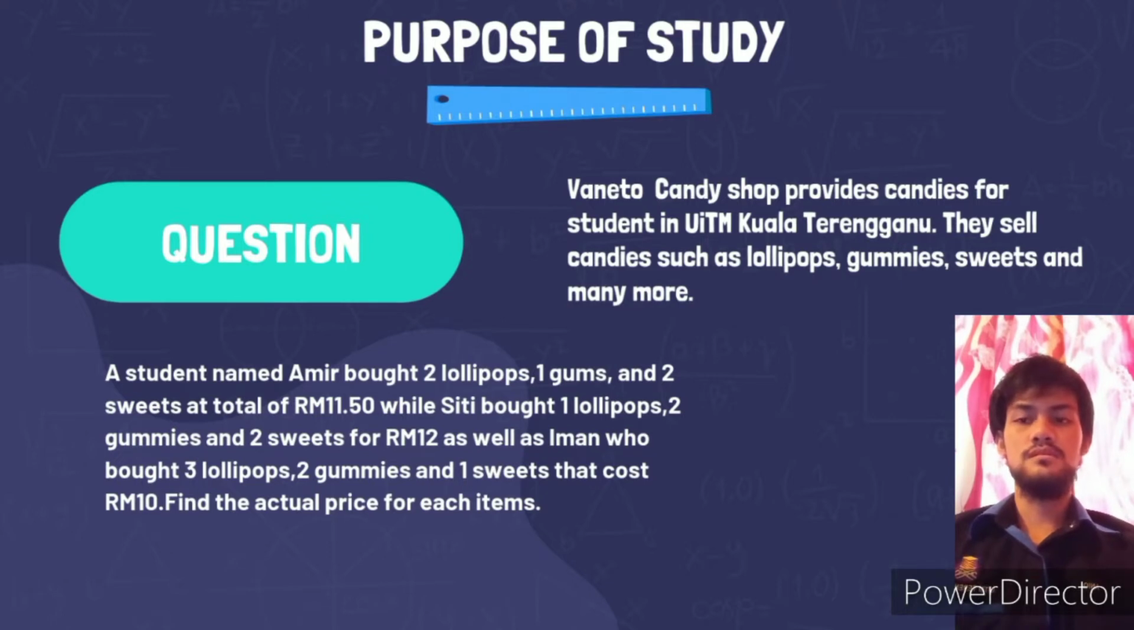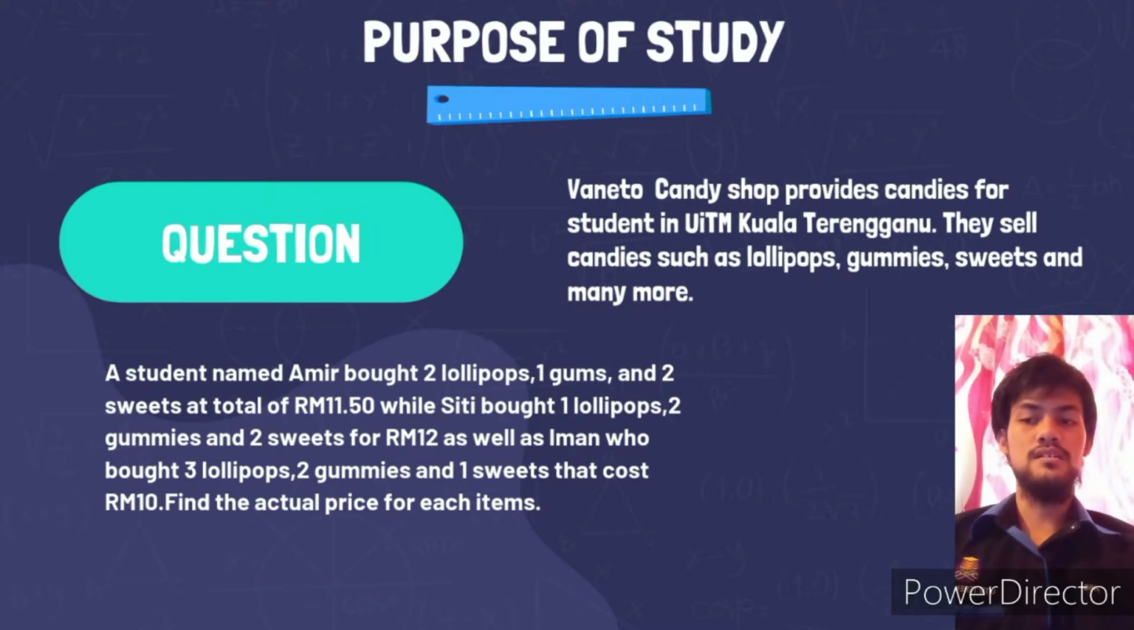The question for this case study is: Bonito Candy Shop provides candies for the students in UiTM Kuala Terengganu. They sell candies such as lollipops, gum, sweets, and many more. The situation is, a student named Amin bought 2 lollipops, 1 gum, and 2 sweets at a total of 11.50 ringgit,